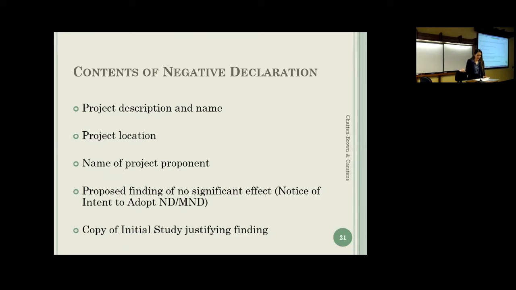A brief summary of what's included in a negative declaration. Usually there's a 20-day comment period. It's pretty short. The agency isn't required to respond to comments that are submitted on a negative declaration. Recently, I've seen a lot of them try to do so because if evidence of impacts is being put into the record and they're not responding to it, it just bolsters the case for there to be an EIR required.